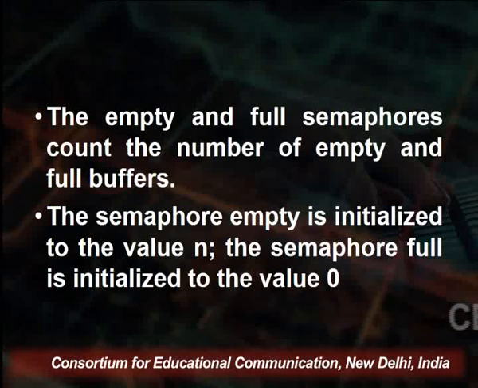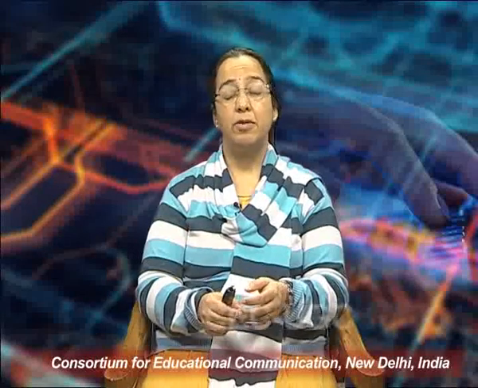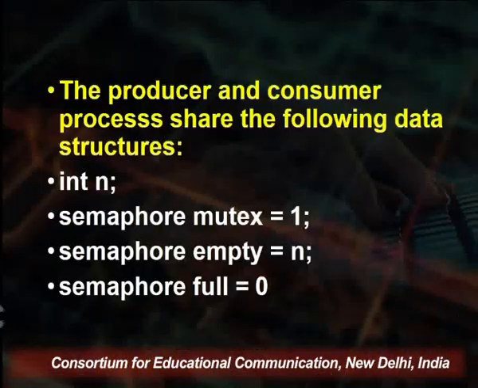So, here we have integer n, which is the total number of buffers, semaphore empty, the number of buffers which are empty, full semaphore, the number of buffers which are occupied, and one semaphore mutex, in order to provide the access rights for a particular process. Semaphore empty is initialized to n, and semaphore full is initialized to value 0, as we have seen. Now, with these four structures in hand, which are integer n, mutex equal to 1, empty equal to n, and full equal to 0,